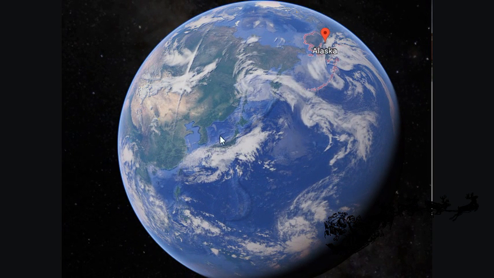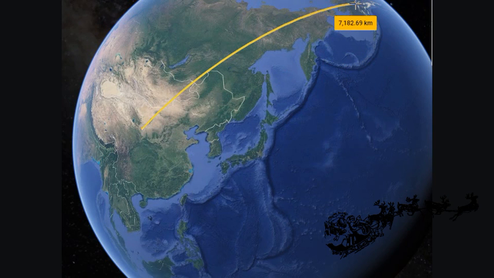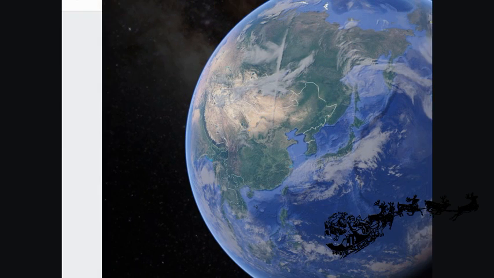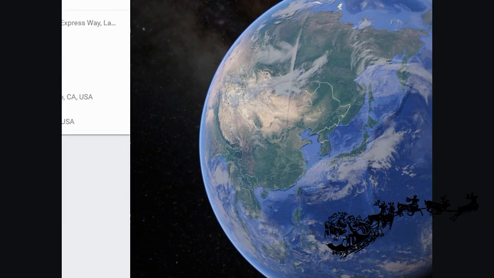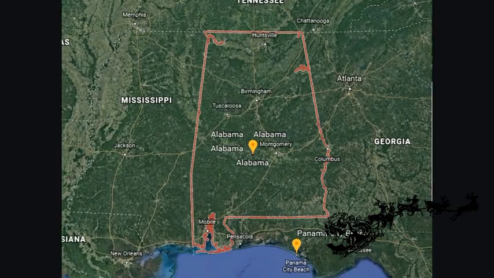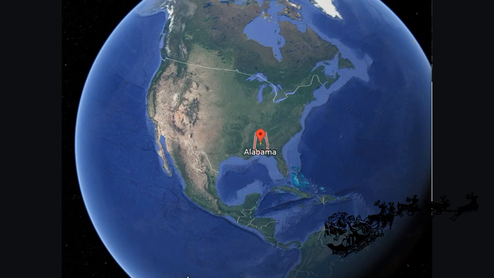I believe that's our mark there, but can't really tell. We get our measurement tool, China, to our Alaska spot, another 4,000 miles. So now we're up in the 15,000 mile range. And let's send it on home, back to Alabama. And again, we stayed in the Northern Hemisphere the entire time, so this is not a complete accurate measure of the entire world, but it gives them an idea of the distances it would entail,